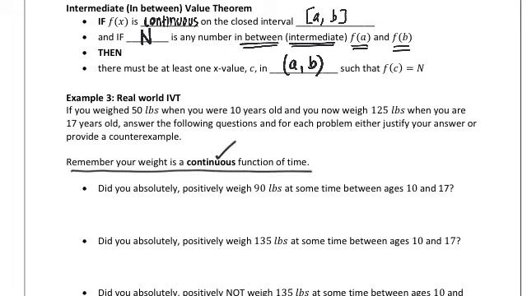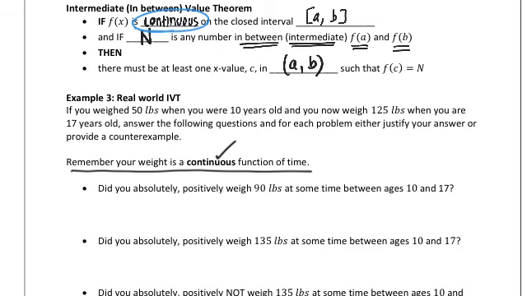So I'm going to be using the IVT, and I'm reminding you here that I have noticed that my weight is continuous. Every theorem in math has some conditions, and if those conditions are met, then you can use the theorem. The IVT conditions are, first of all, that we need a continuous function. So your weight is a continuous function. Okay, now the first question is, did you absolutely positively weigh 90 pounds at some time between ages